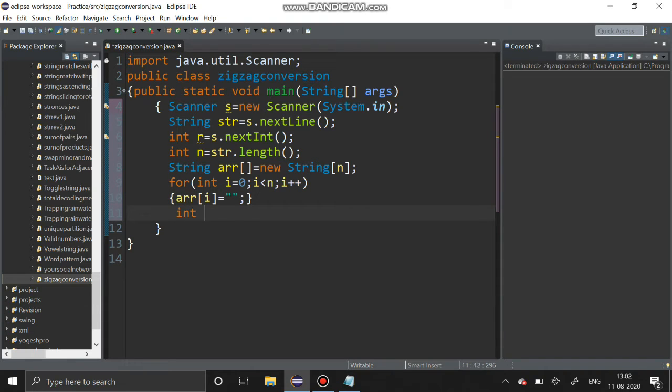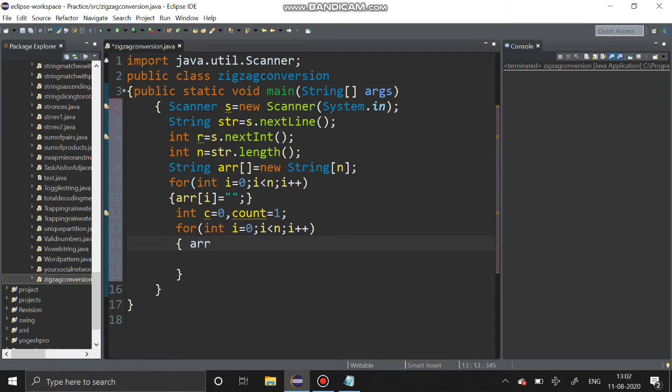After this I am declaring two variables, that is c and count. Count equal to 1. I am using the for loop for int i equal to 0, i less than n, i plus plus.